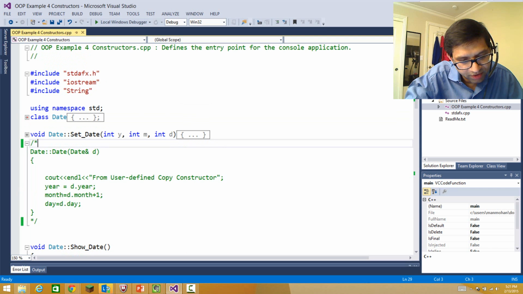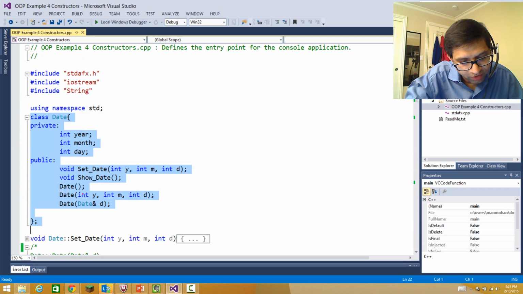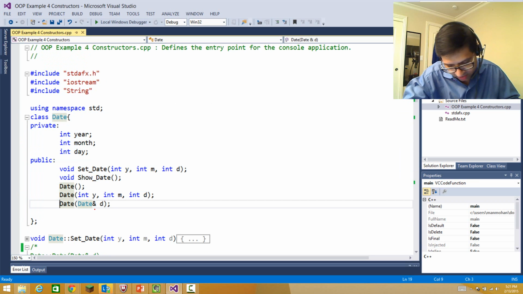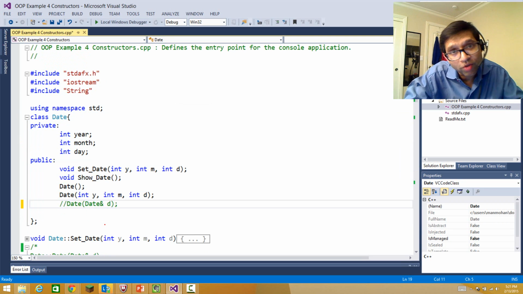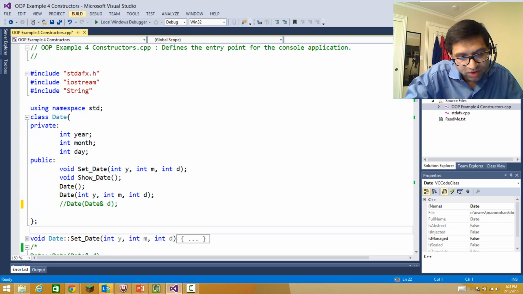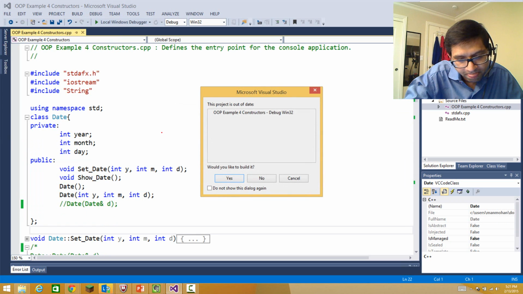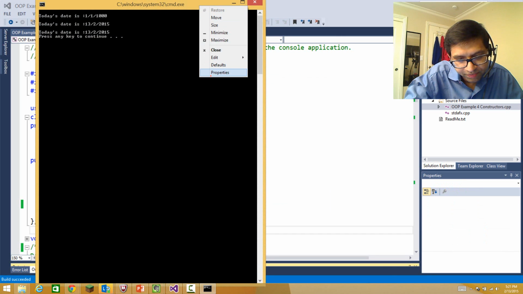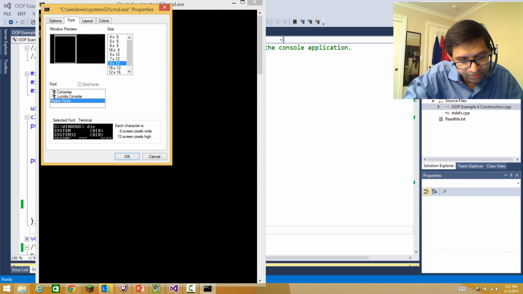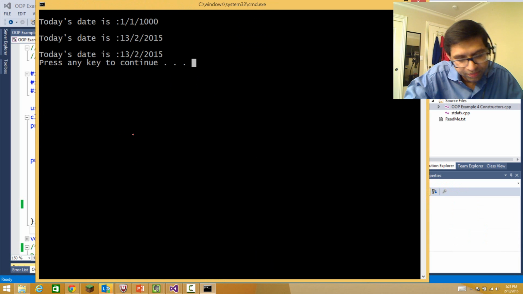Yeah, in the definition of the class I mentioned that I'm creating a copy constructor here. So the system wants me to supply the implementation of this. So I need to hide this also, because I want to hide this copy constructor where I'm copying one object to another object. Now I'll see. Right, so you can see this is calling a non-parameterized constructor, and then this is D1 calling